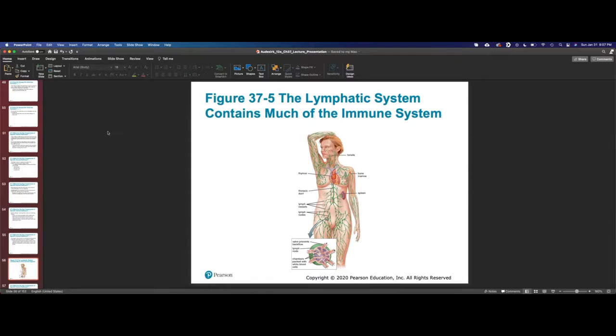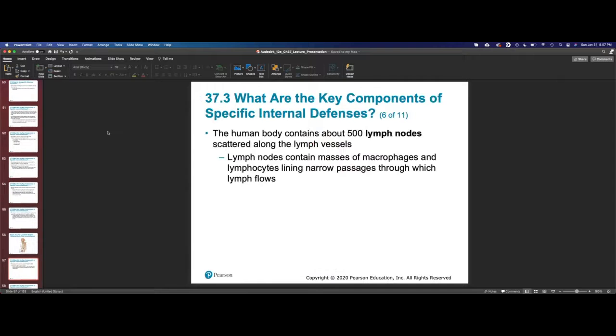Your tonsils also, which are up there as well. And so your tonsils, if they get recurring infections, you may actually be recommended that you get them removed. But of course, there's a disadvantage to removing some of those major hubs, because the tonsils are going to be that central hub for your mouth, anything that enters via the mouth. So you have about 500 total scattered throughout.